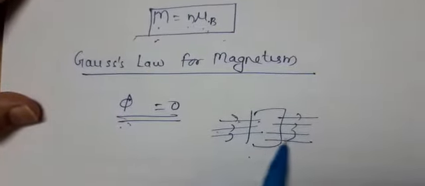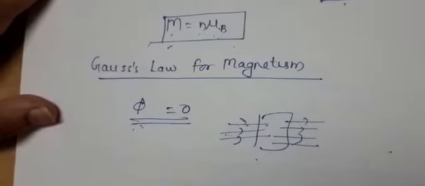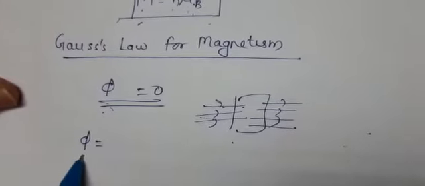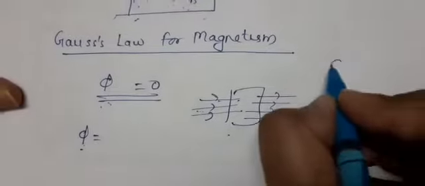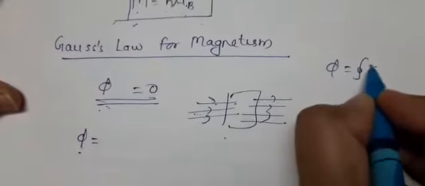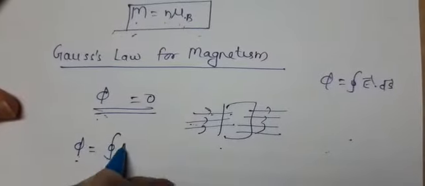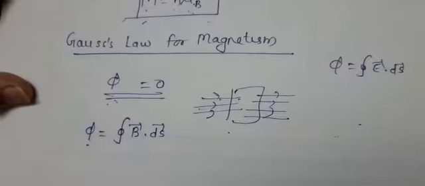It means जितनी field lines बाहर जा रही हैं उतनी ही field lines अंदर आ रही हैं. और इसको अगर हम मैथमेटिकल फॉर्म में देखें, एक्चुअली जैसे आपने किया था इलेक्ट्रोस्टैटिक में, that flux is given by E dot ds. Likewise, flux in integration form for magnetism I will define like this, right?